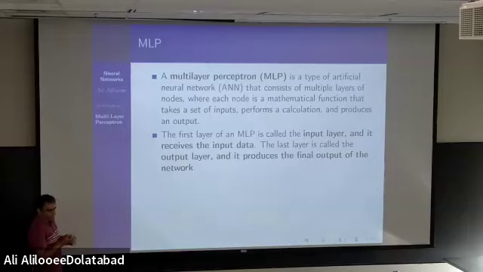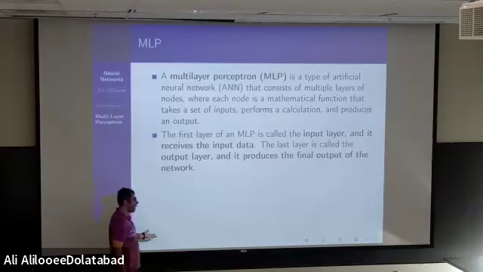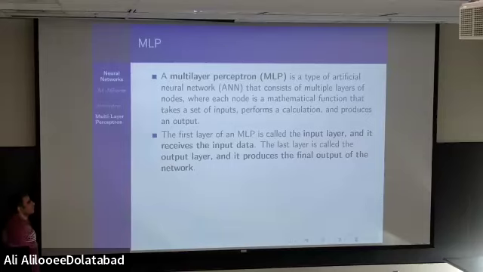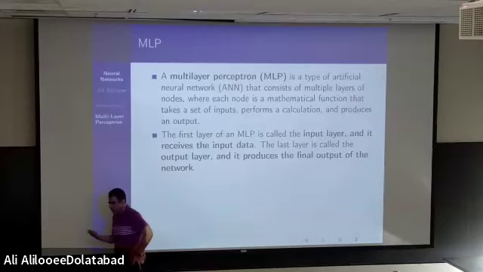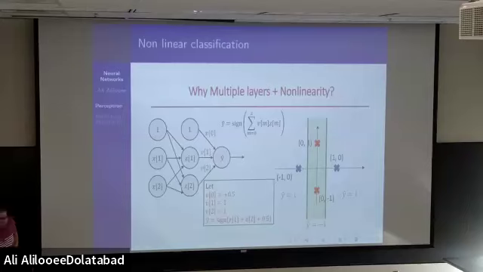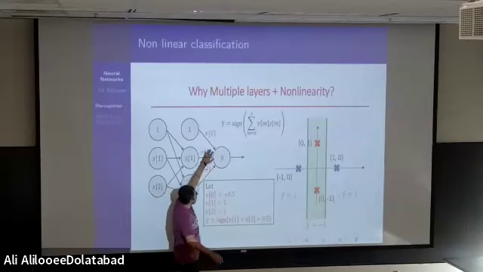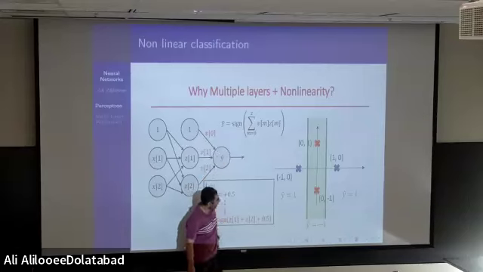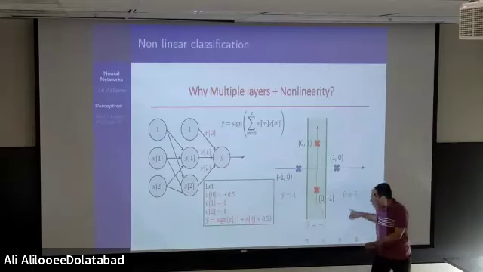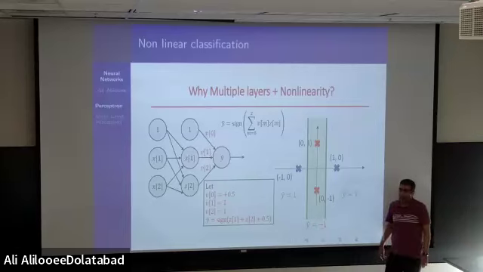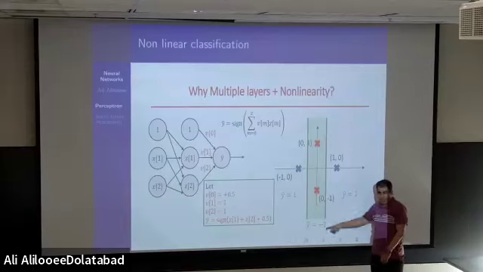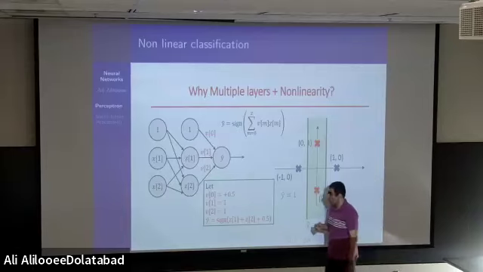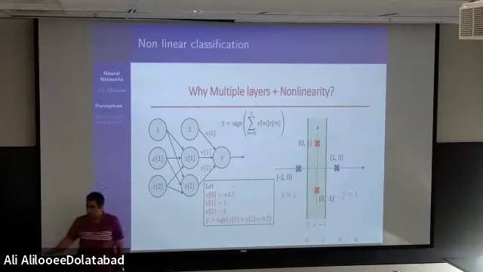They just connect to the layers which belong to the model. So the last layer, as we explained, is called output layer. The first layer is called input layer, and the last layer, the output layer, produces the final output of the network. For example, in the previous example that we had, in the last layer, which was the output layer, we are producing y hat. And here, as you can see, the y hat values are -1 and +1. It means the values produced by y hat can have one of these numbers, -1, +1. Okay? Makes sense?